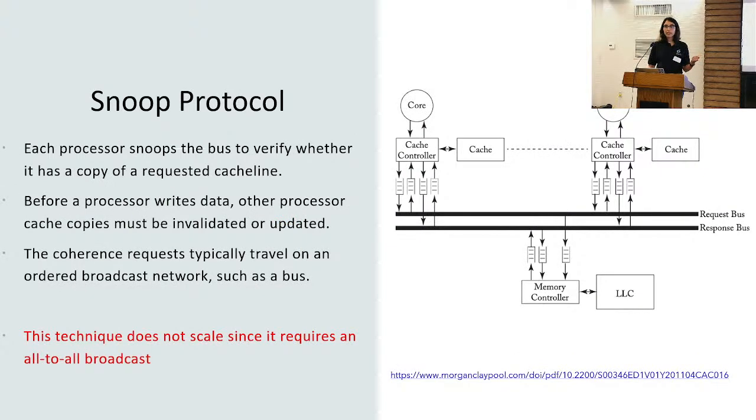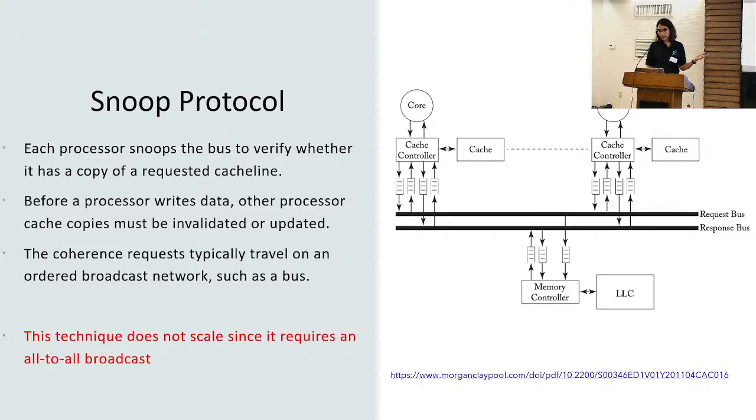A snoop protocol is basically when you have a shared medium, which here is our shared bus. Whenever you're looking for a cache line or you're updating a cache line, each core sends a request to this shared bus, which is the point of arbitration, and it starts looking for that cache line and broadcasts that request to other cores so that you can find it or change it. Obviously this is not very scalable,